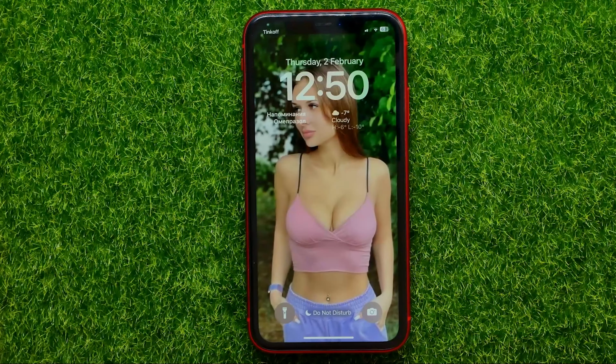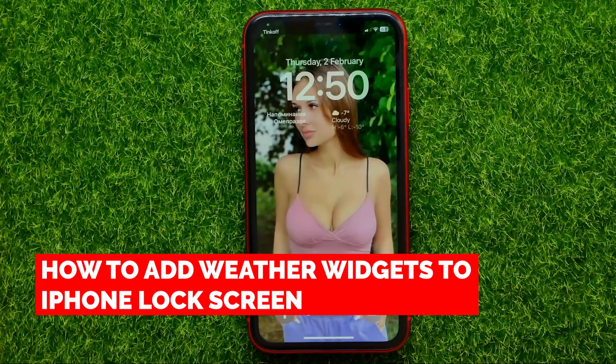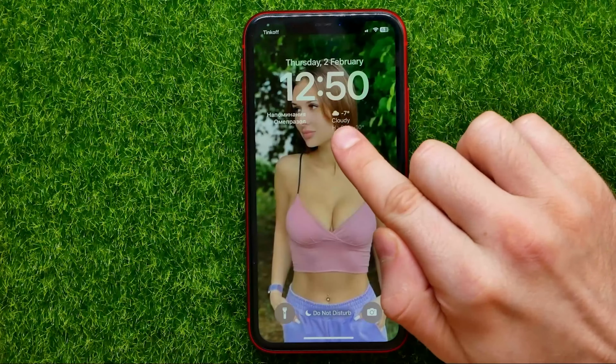Hello guys, welcome back. In this video I'm going to show you how you can easily add weather widget to